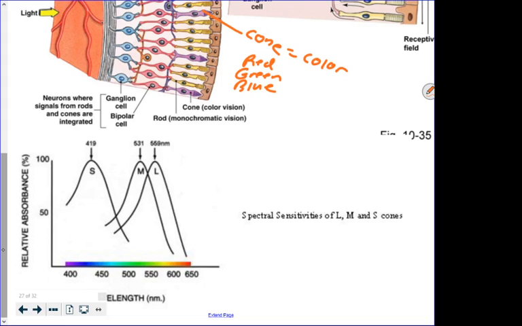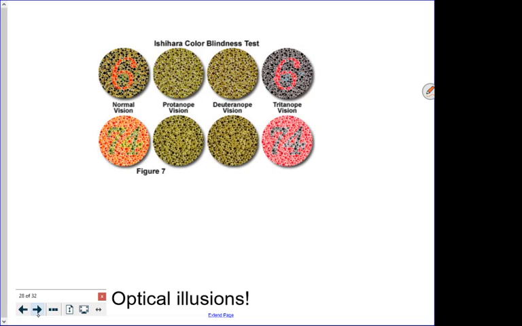Now those cones, those cells, right, obviously they have to have what in their membrane to make them work? What are the workers in a cell, in a body? Proteins. Can we make proteins wrong? Yes. And what does that lead to? Color blindness. Right. So, here's what someone with normal color vision,